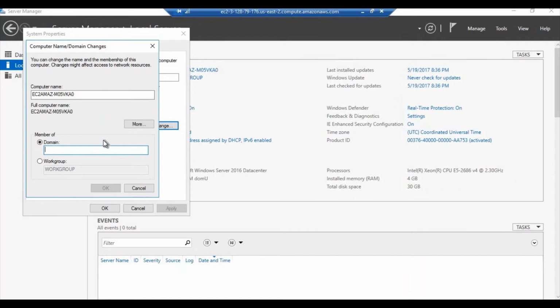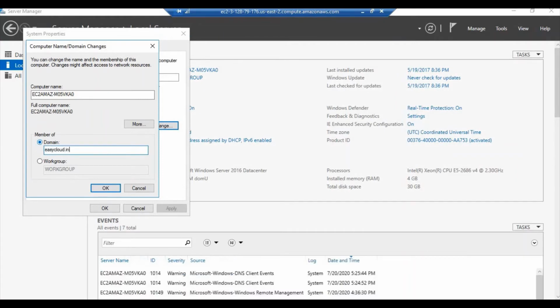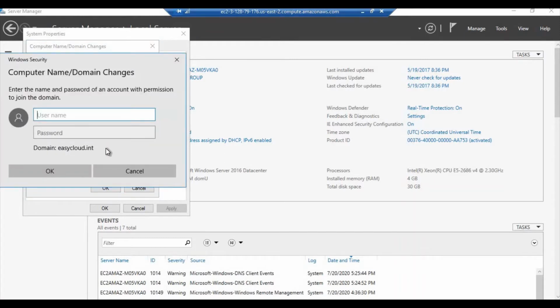Okay, so here the domain that you have to give is easycloud.int. Once you give your DNS name, it will prompt you for the username and password. You can give the user that was created, admin. easycloud.int is the domain, and the password that you gave there.